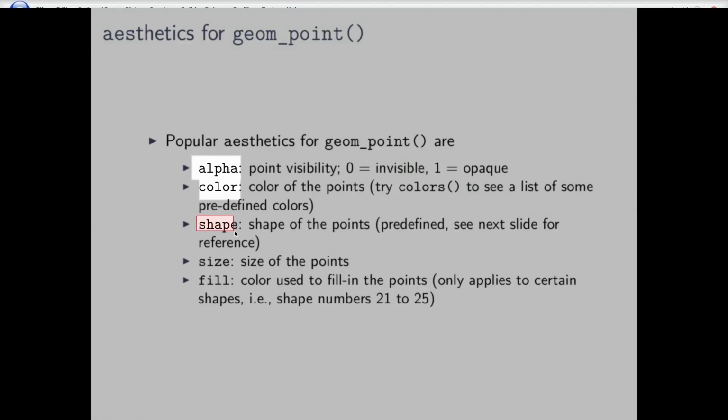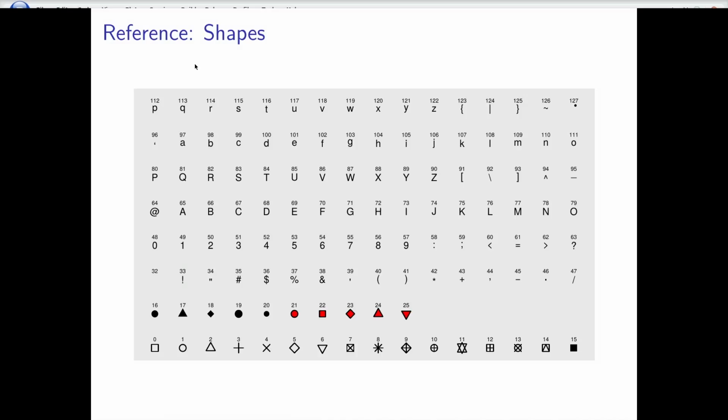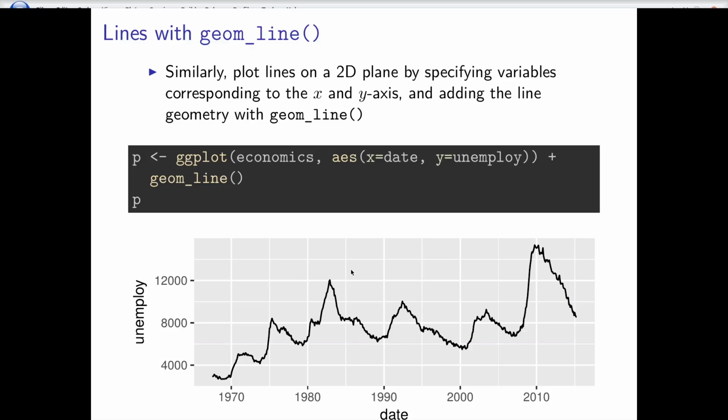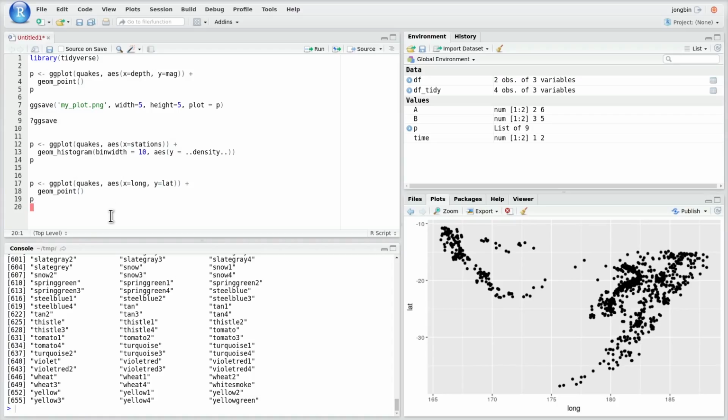And then for points, you can describe a shape that you want for each point, or you can describe the size of each point. And fill is a little confusing, but it's also a color to fill the points, but it only works for certain shapes. So on the next slide, I have a reference of all the shapes that you can use inside of a point geometry. And only these 5 points actually have a fill. So it doesn't make sense to use fills unless you're using one or more of these 5 points. And we'll soon talk about aesthetics,